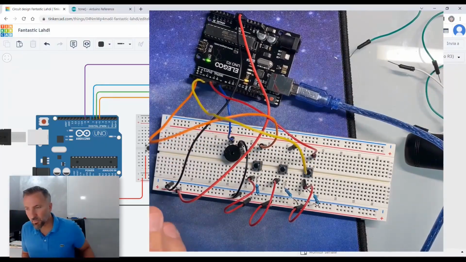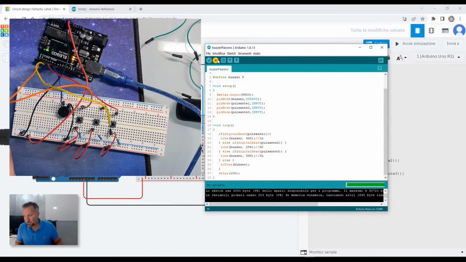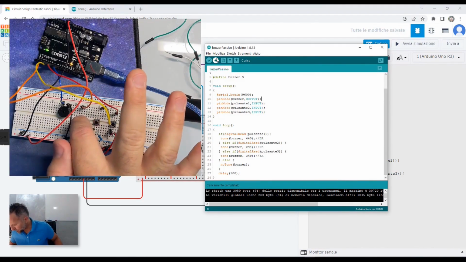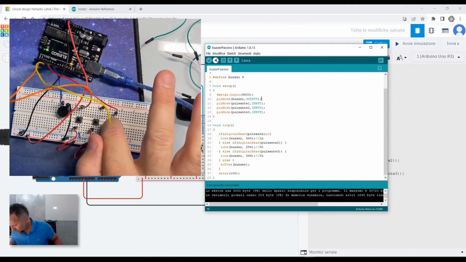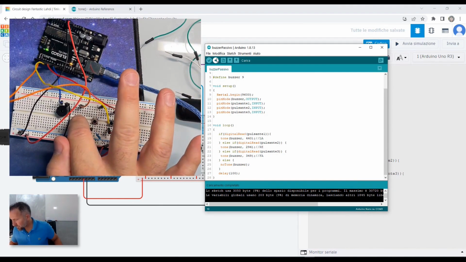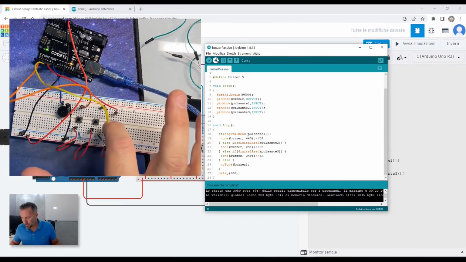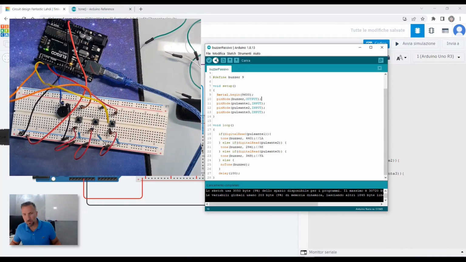Let's try to transfer the code. Upload completed. Let's go check the button presses. Depending on the button we press, the frequency is different, just as we set it based on the if-else-if structure, and therefore based on the different frequencies,